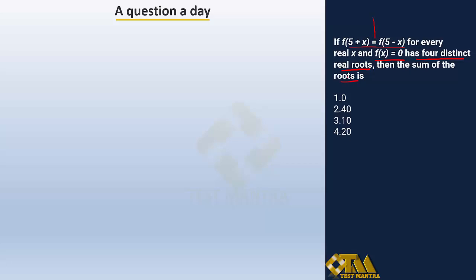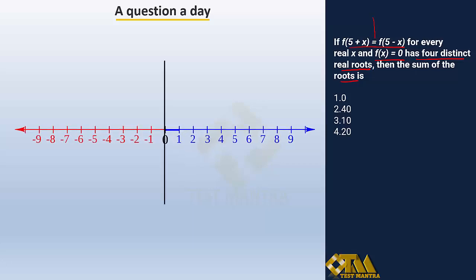So now for the time being, whenever these kind of questions are there, you have to identify the basic symmetry and you can directly work on the questions. Suppose I have a graph available here, and instead of 5 plus x, let's take 5 plus k for the time being. So 5 plus k and 5 minus k. I'm just talking about these two values for the time being, right? So when I take k as 0, I have the values available at this point, assuming. Now if we take k as 1,